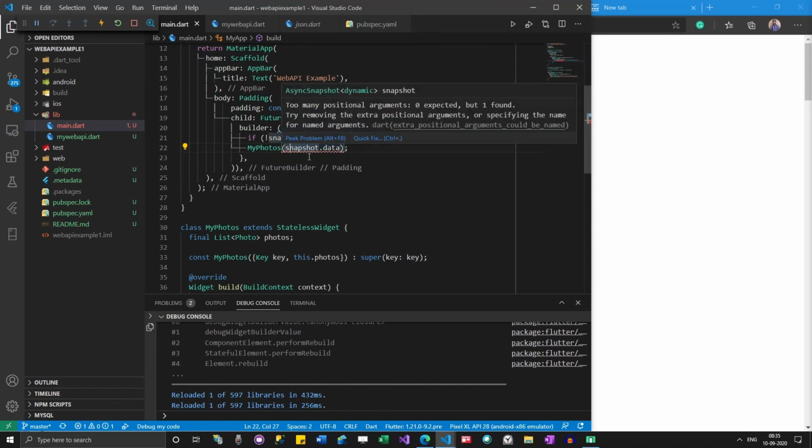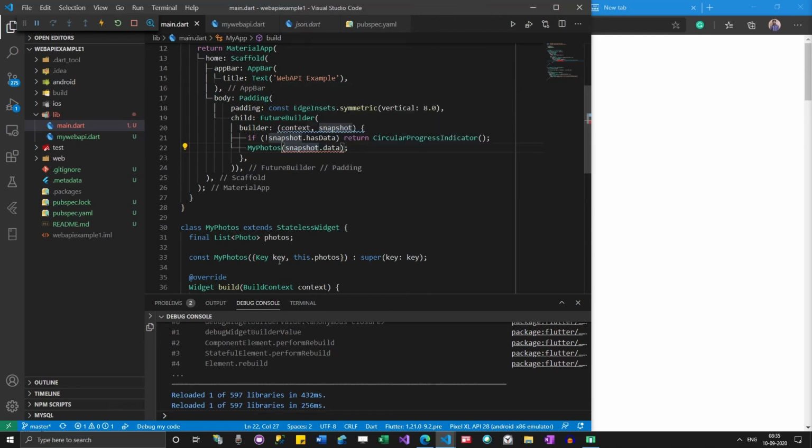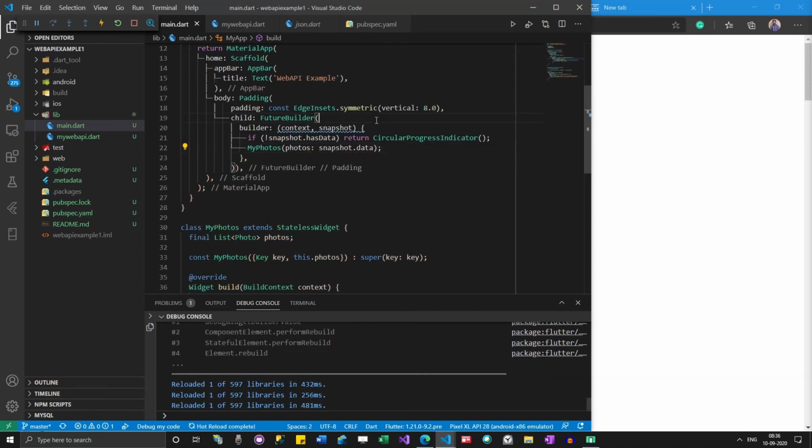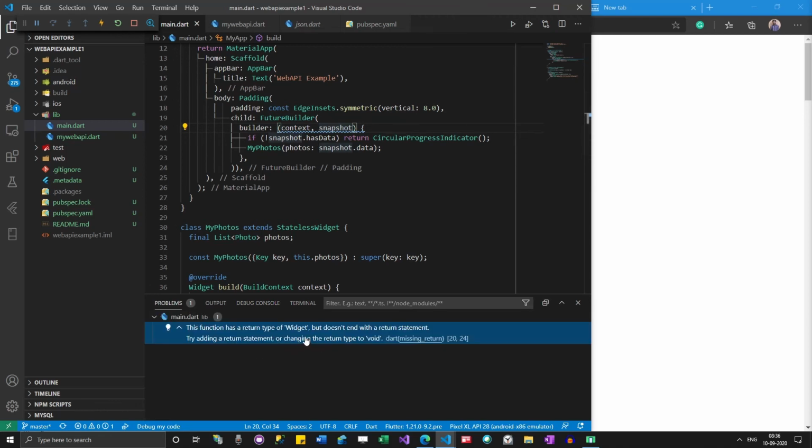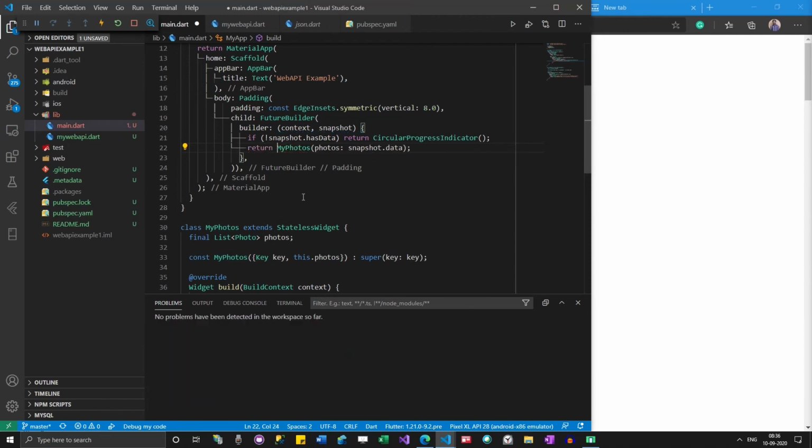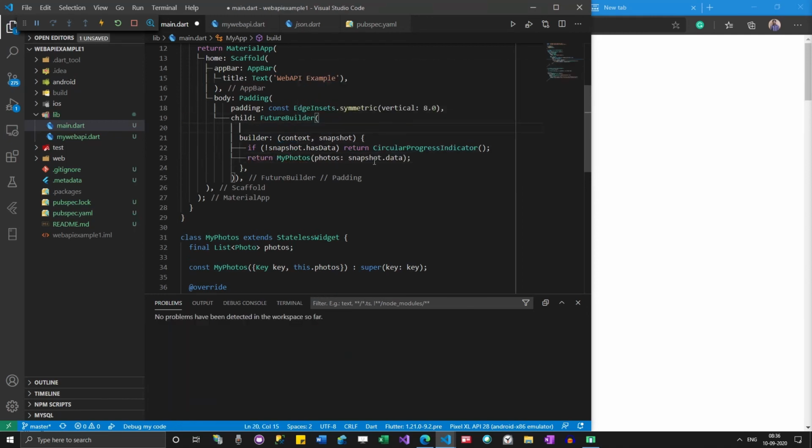Okay, so let's see what this error is. We need to add required, and then we need to tell what data it has to process, right?